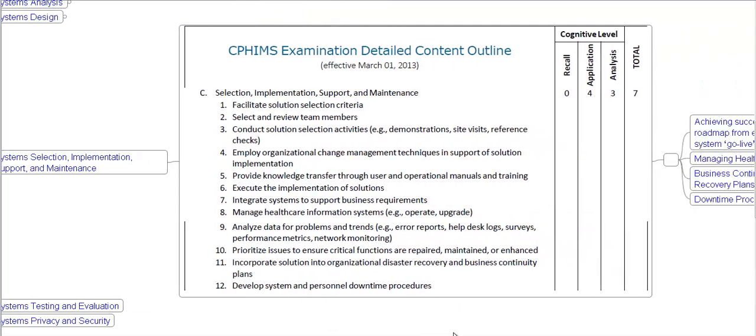CPHIMS aspirants are required to study the following topics under this section: facilitate solution selection criteria, select and review team members, conduct solution selection activities, for example, demonstrations, site visits, reference checks, employ organizational change management techniques in support of solution implementation, provide knowledge transfer through user and operational manuals and training, execute implementation of solution, integrate system to support business requirements,